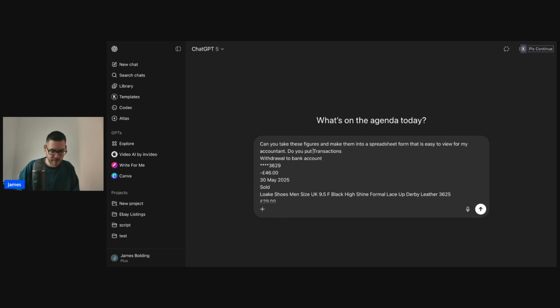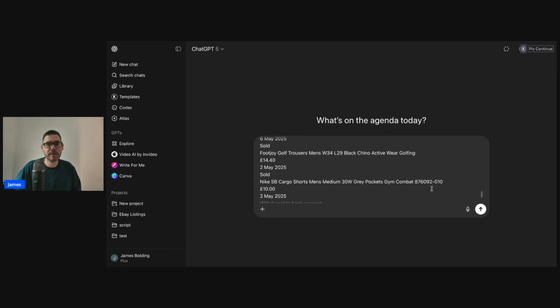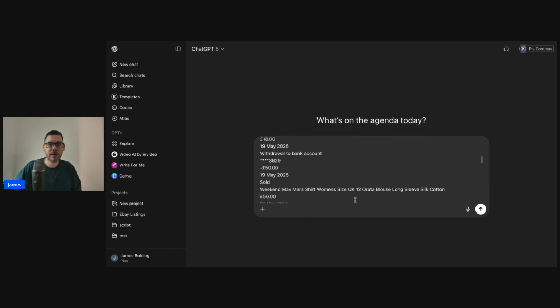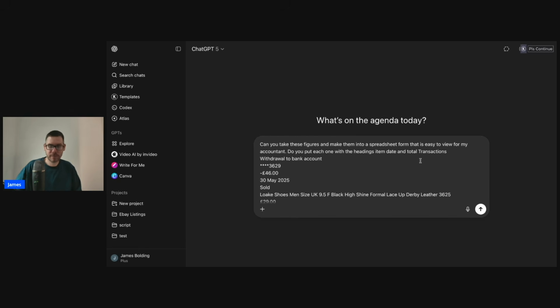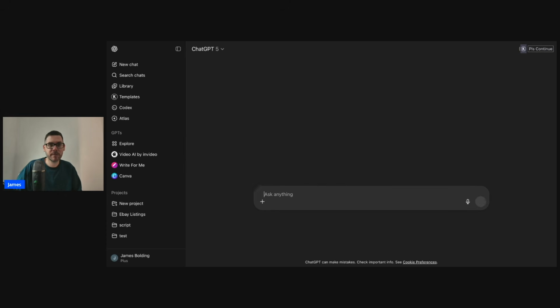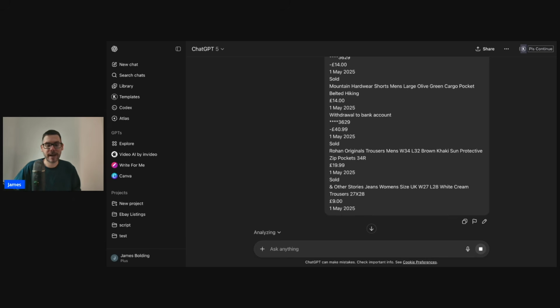can you put each one with the headings item, date, and total. There we go. And then we're going to, at the bottom of this here, well, actually, we'll just do it at the top, total. And then we're going to go make this into a CSV file. There we go. So then we just click enter, and ChatGPT is now going to do all the hard work,